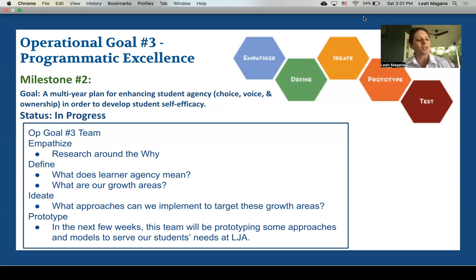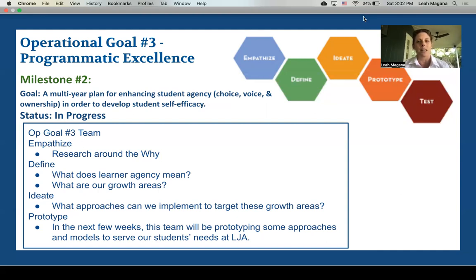Imagine if learning was student driven, not activity driven? What if we had more choice offerings in the MYP, more interdisciplinary units, and more single subject courses for students to choose from? So lots of ideas. If you have ideas of your own about models, systems that we can put in place at our school to enhance opportunities for student agency, please email me or talk to one of your representatives. I put their names on the next slide so you can easily reach out to them.